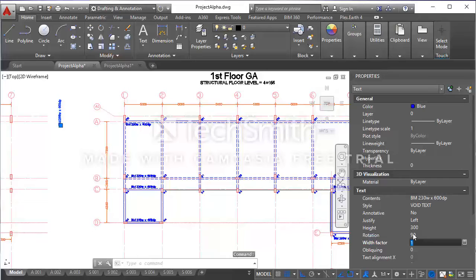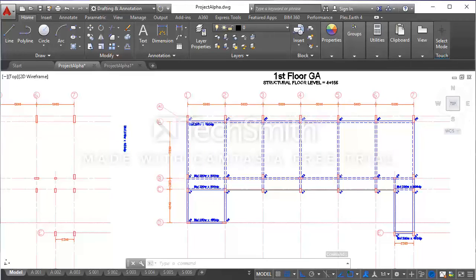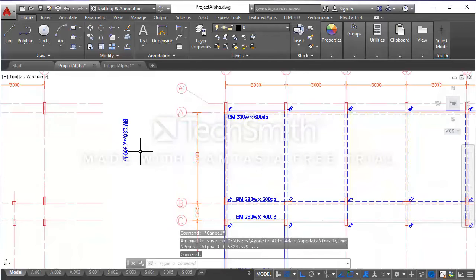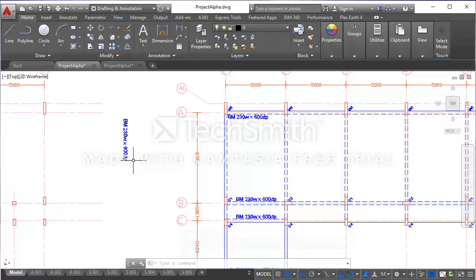I don't like how it's reading from bottom to top. I want the beam label to be read top to bottom. So I'll change the rotation angle to 270, and I'll close the property tab. So this is my beam label that have been rotated.